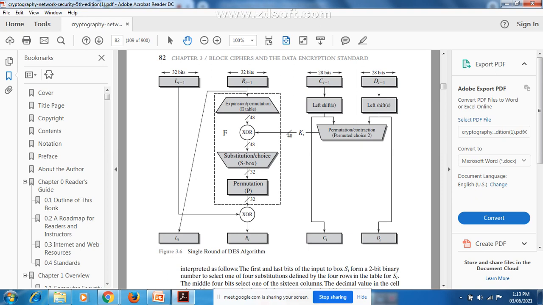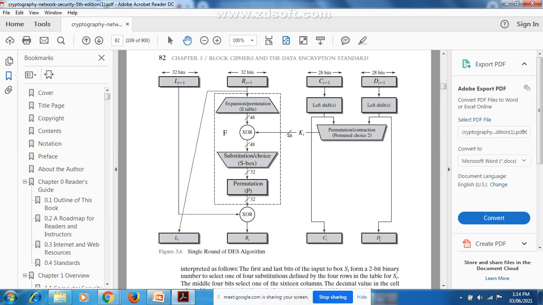Yes? See, now after the initial permutation, if you are passing the data to the first round, that is 64 bit data. As already told, every type of block cipher is going to use the Feistel cipher structure itself.